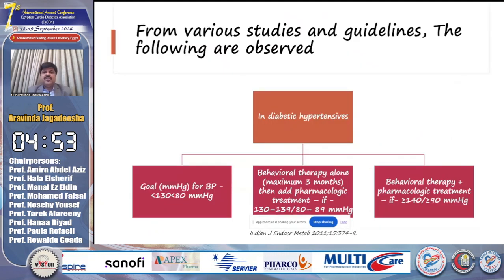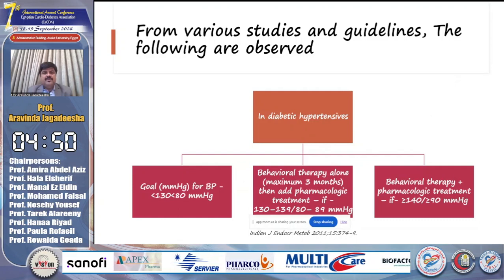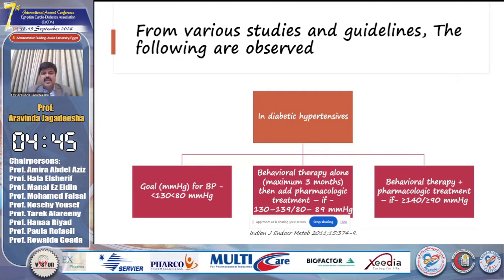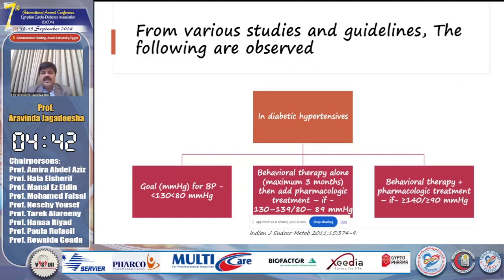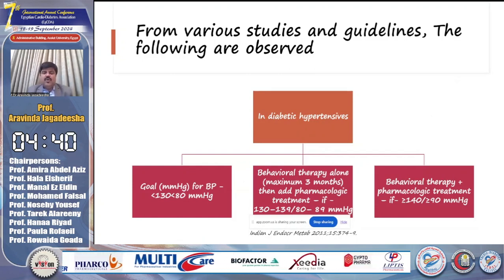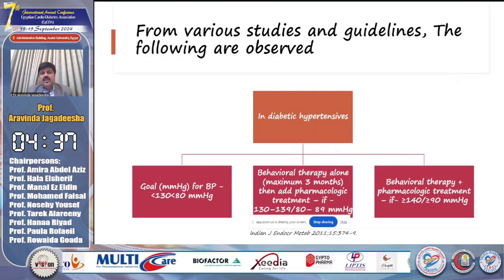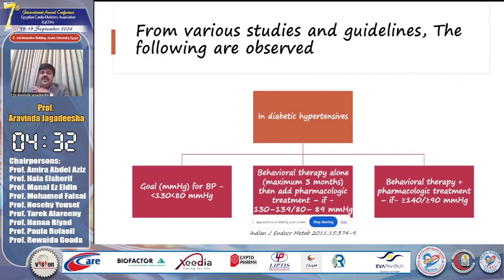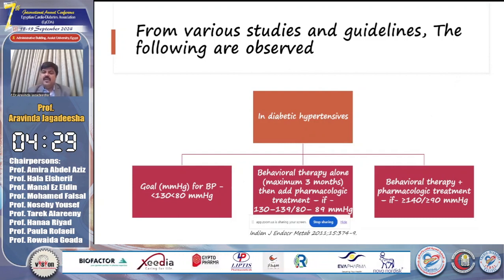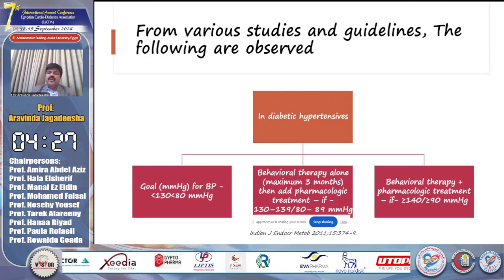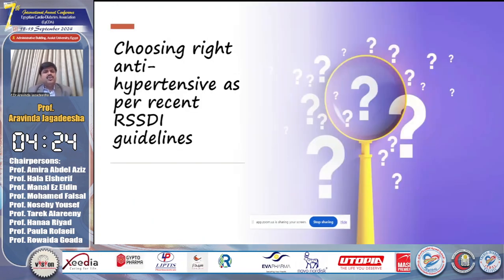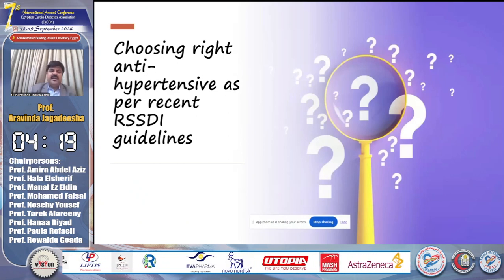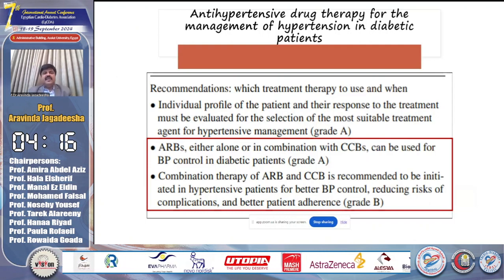So, from various studies and guidelines, the following are observed. In diabetic hypertensives, the goal should be less than 130 by 80. Behavior therapy alone for a maximum of 3 months, then add pharmacological treatment if the pressure is more than 130 by 90. On the right hand side, you can see behavioral therapy plus pharmacological treatment if it is more than 140 by 90. So, choosing the right antihypertensive as per our Indian RSSDI guidelines, once again, the first thing